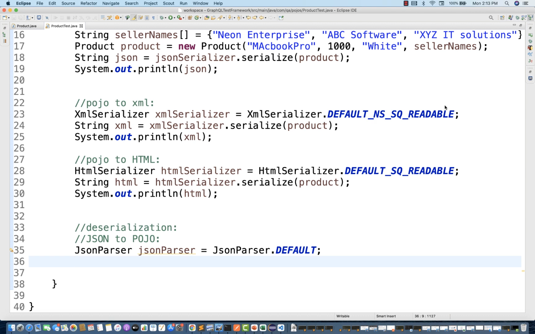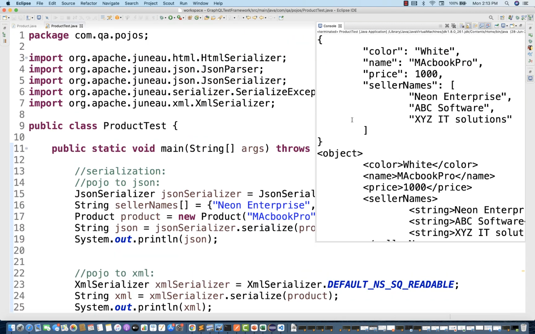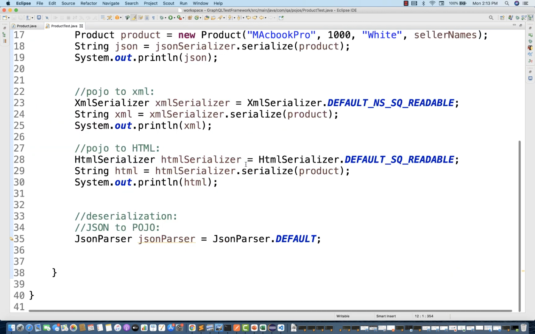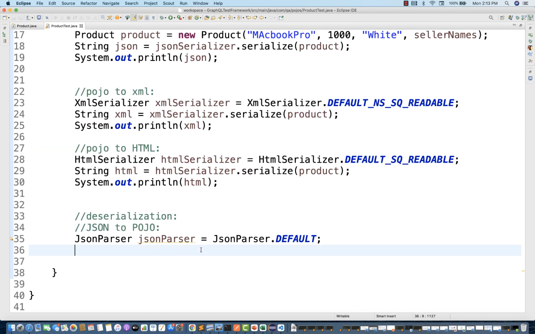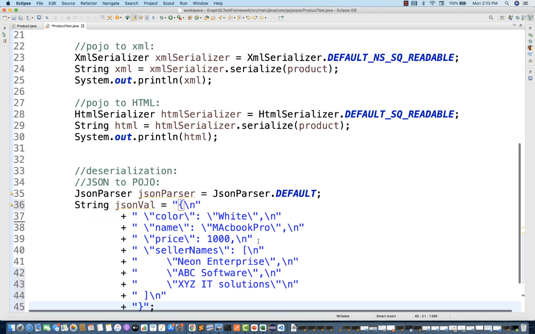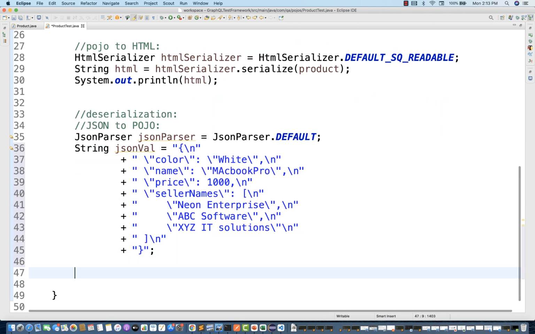So let's see, I'll just pick the same JSON object that we have captured from here. This is the JSON that we have already converted, so that will behave like an input string for me. So I simply say, okay, fine, what is your JSON value? A JSON string is equal to, in double quotes, I'm going to paste the entire thing over here. So this is my JSON.